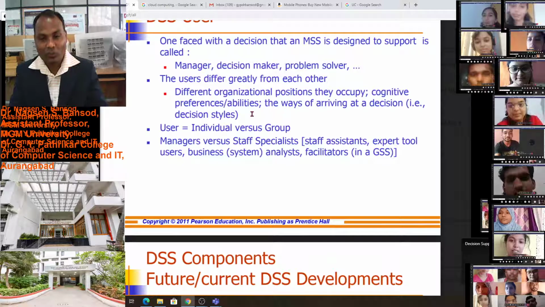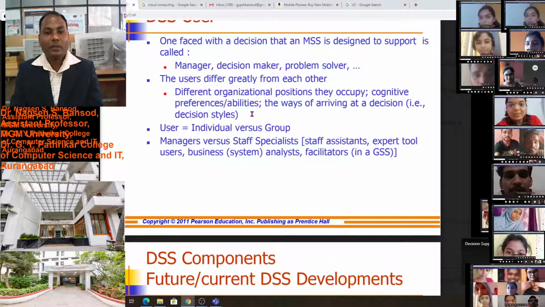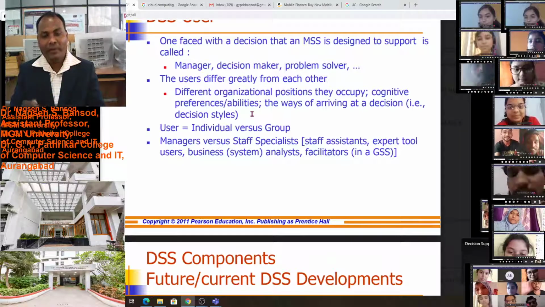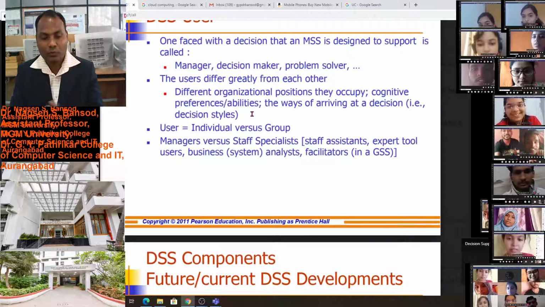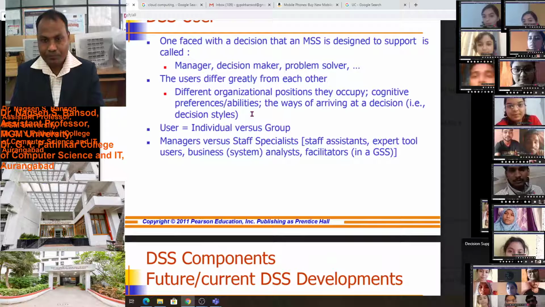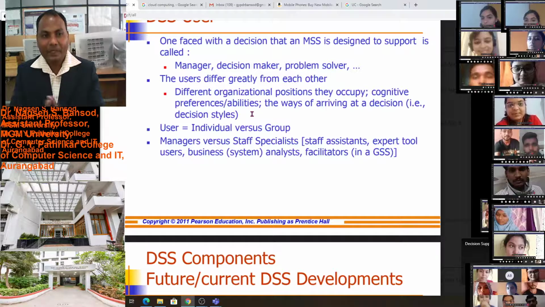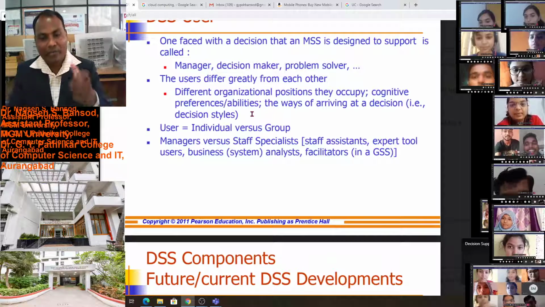And expert tool users: there may be some people working on expert tools to make expert decisions. Suppose in a hospital there are some expert tools. A simple user will not understand the output of those tools.